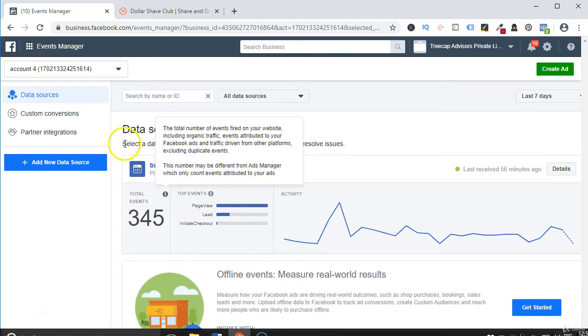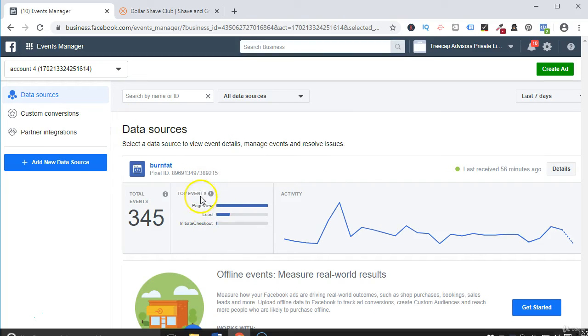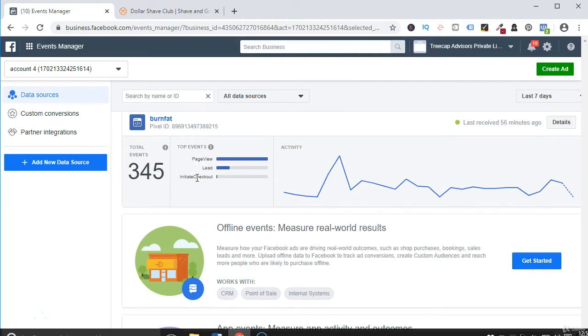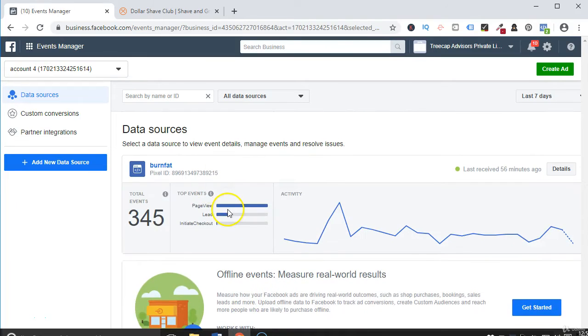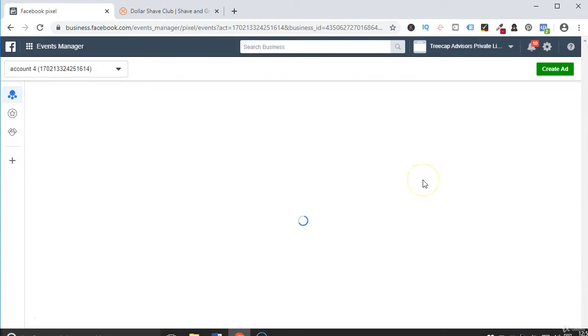So here you can see a Facebook pixel in action. I have this Facebook pixel installed in one of my funnels. It's a weight loss offer that we are promoting. Here you can see how many page views I've got, leads I've generated, and how many people initiated checkouts. So I can collect this data and Facebook will give me all this data. If I go to details,